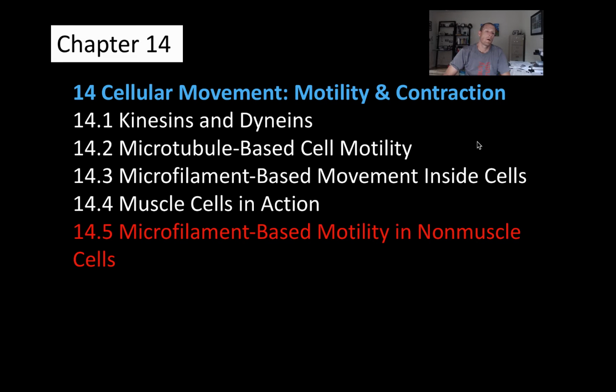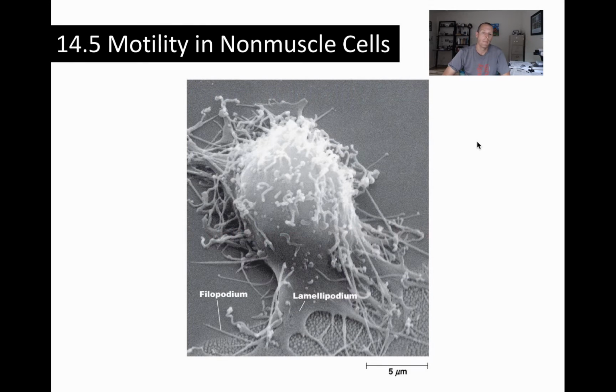Okay, in this last part of chapter 14, we're going to look at motility in non-muscle based cells, so cells that crawl, generally speaking. Many non-muscle cells are capable of crawling over a substrate, that's just what they're growing on, using lamellipodia and/or filopodia. Cell crawling involves distinct events. There's extension of a protrusion, attachment to a substrate, and then generation of tension, which literally pulls the cell forward